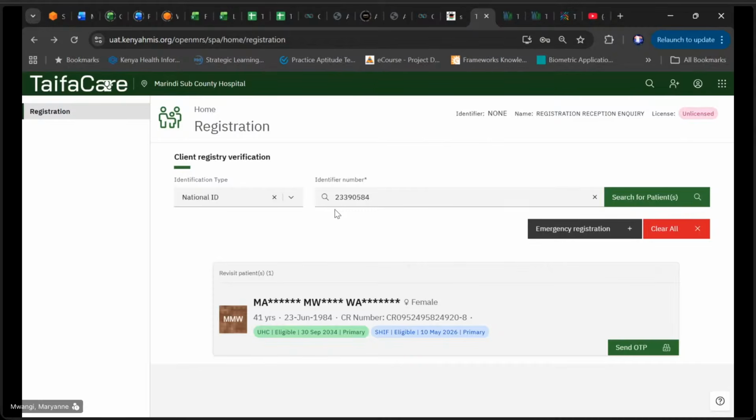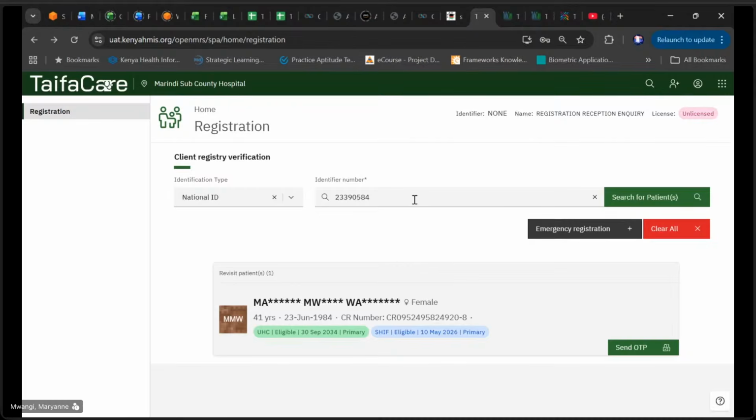So for this to happen, a facility needs to be integrated to the HIA layer. And once a site is synchronized with the HIA layer, they will be able to pull some specific system information. We'll show this during the administrative section that we have tomorrow. This is a task that the facilities may not be able to do on their own. You will need to contact our service desk team, or the partners on the ground, the EMR TOTs, or the county ICT teams to help us integrate a facility with the HIA layer,